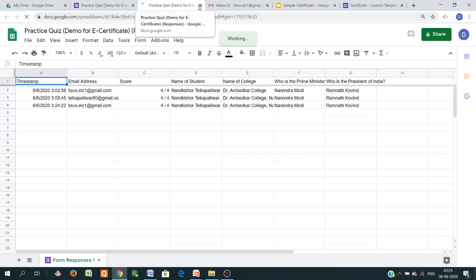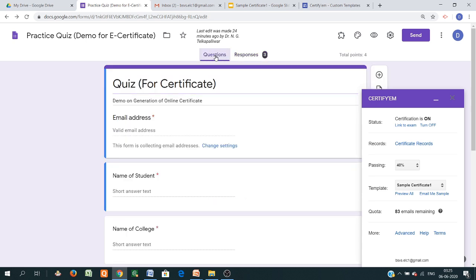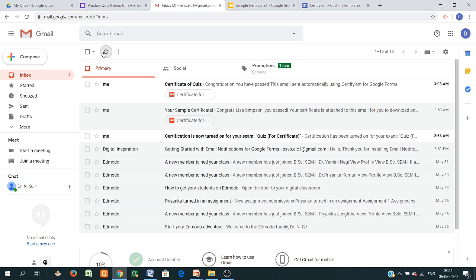After a few minutes, it sometimes takes 1 minute, 2 minutes, 5 minutes, or even half an hour, the certificate is automatically generated and sent to the email ID.